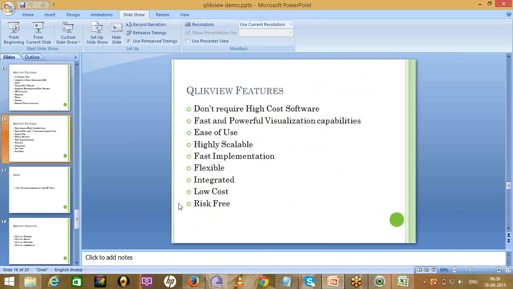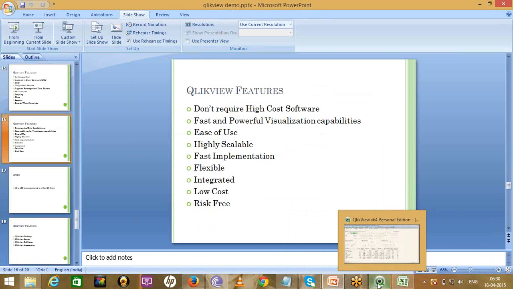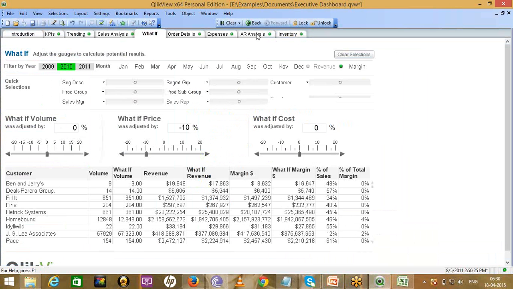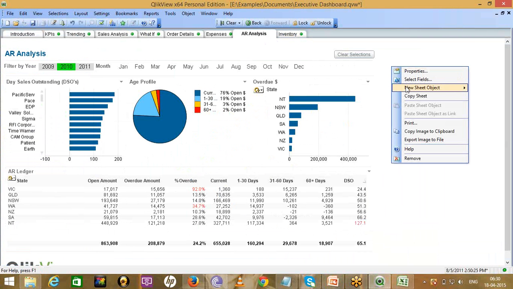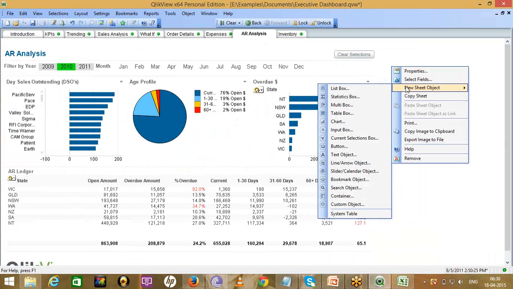Next one is, you don't require high cost software, and fast and powerful visualization capabilities. In Qlikview, visualizations are very, very good and very, very interactive. Here to prepare visualizations, we have so many sheet objects. List boxes, statistics boxes, multi boxes, different types of charts, buttons, sliders, arrows,